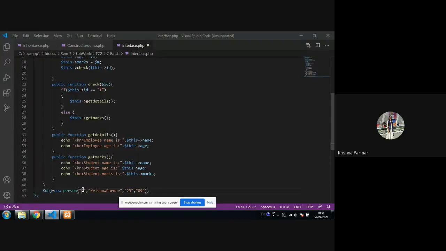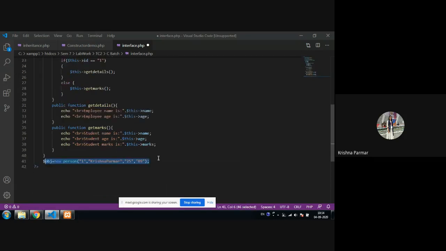And if I want to go for both the details, so what can I do? I can create another object, and in that object we go for the second id. So that is to fetch all the details. So here I'm creating another object obj1, and I'm giving id 2.